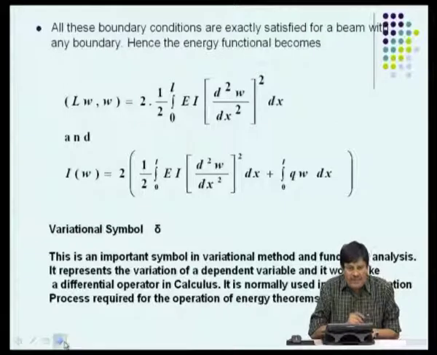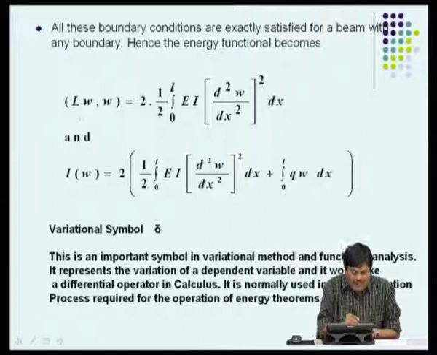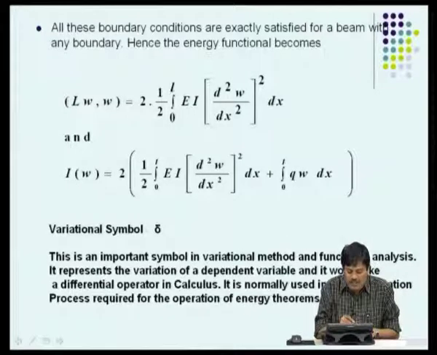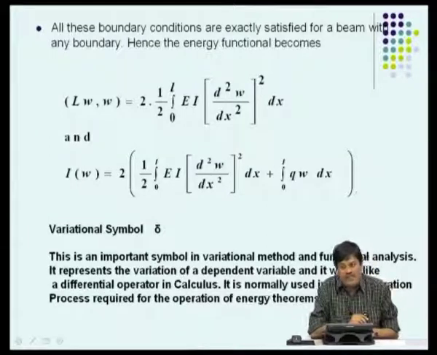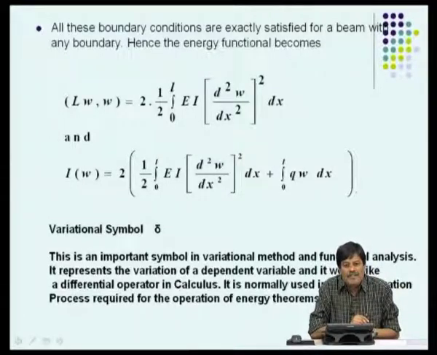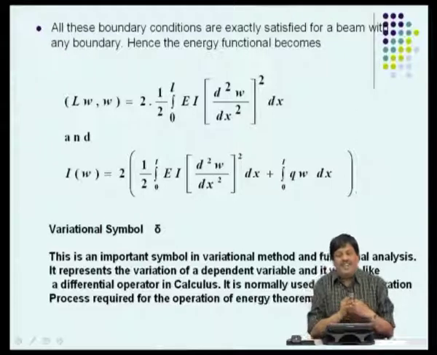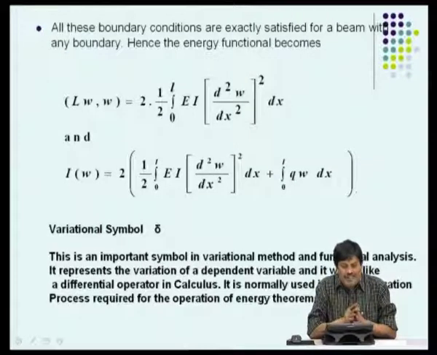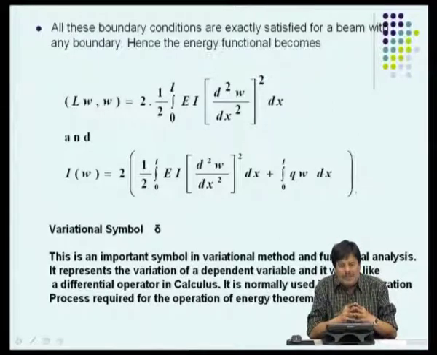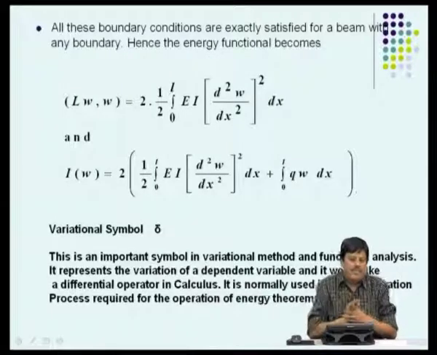And we have derived the expression that the other way is to get from the calculus of variation. We have shown that LW is nothing but 2 into this one, and the total functional can become this, which is exactly what we specified before in a few sections back. So, basically what we are saying is, if there is a differential equation which is self adjoint and positive definite, there is a functional which we can use for formulating our energy theorems and also the finite element methods.